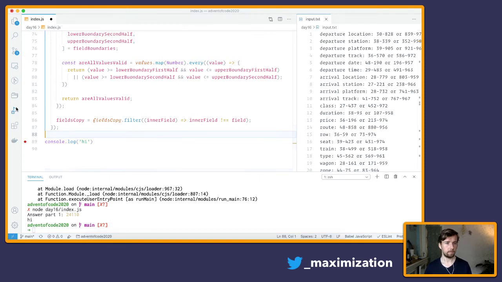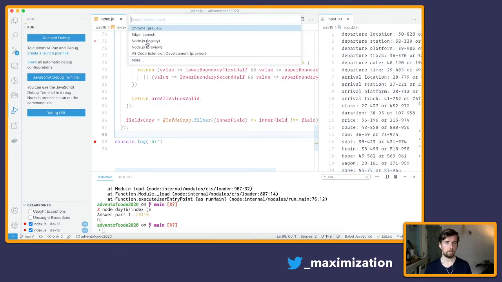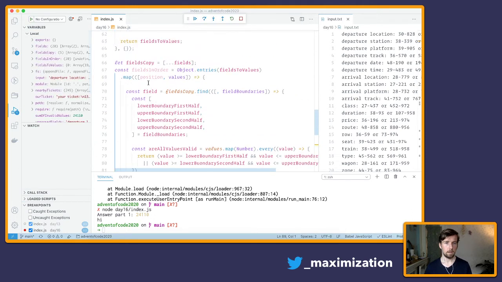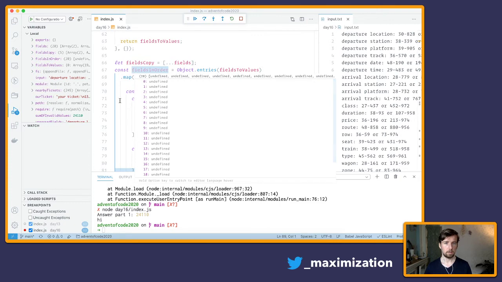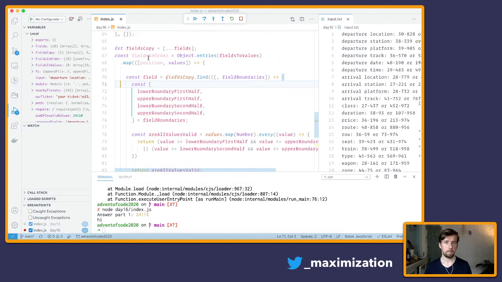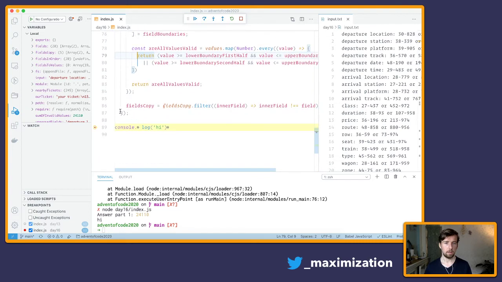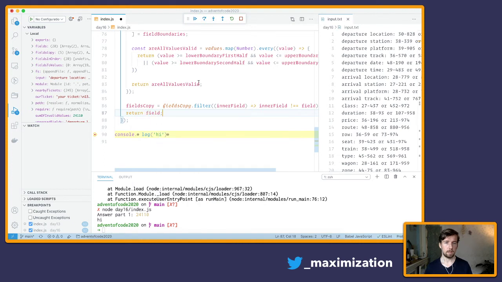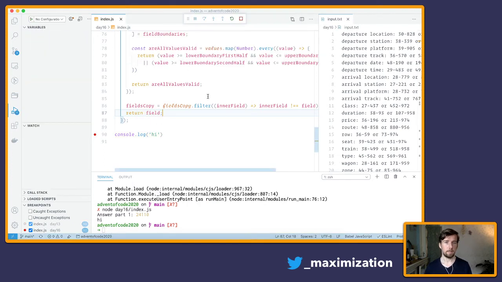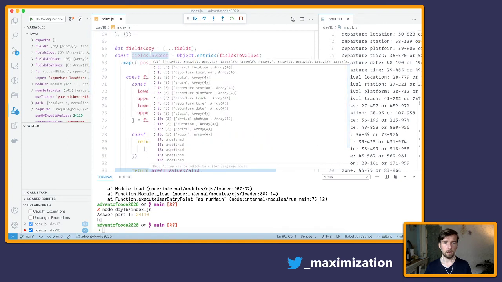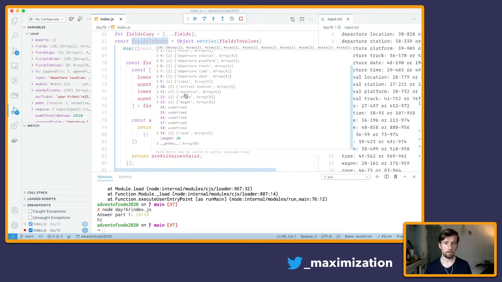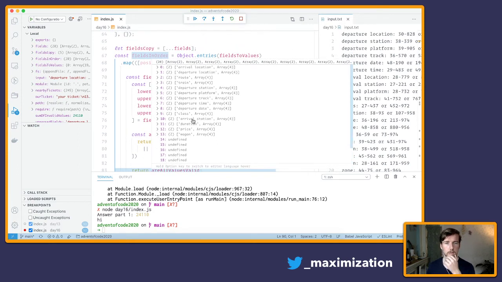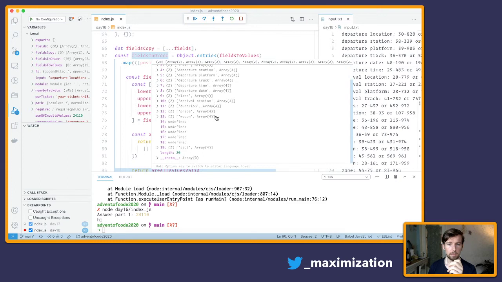Let's see. Okay, so what does fields in order look like now? Undefined. Map. Oh, wait a second. I forgot to return. Here's what the map is about. Return field. This is ugly, but I'll refactor later if I can. Okay, there we go. So we have. Still something's amiss. It's working as expected, so we don't get departure location more than once, but for some reason